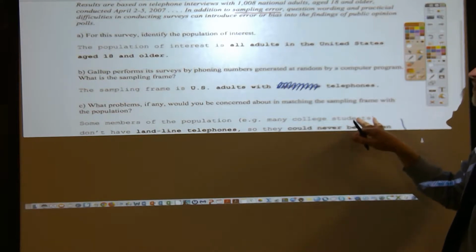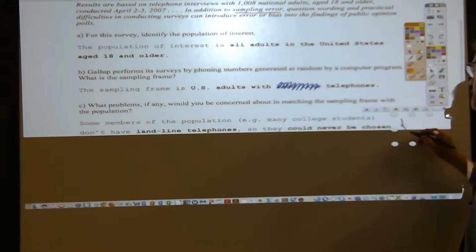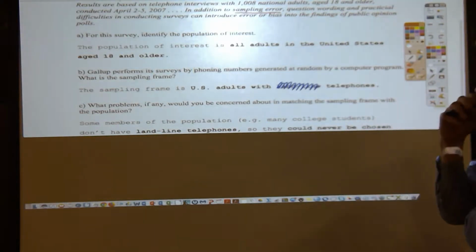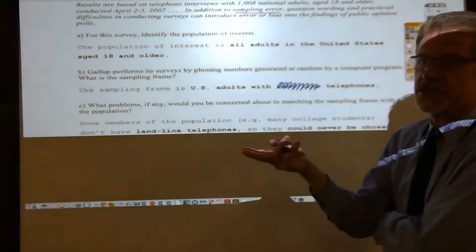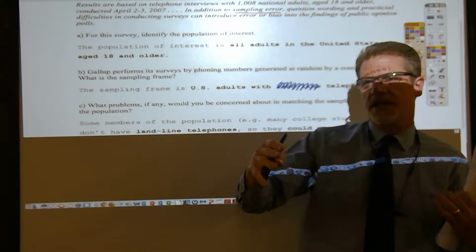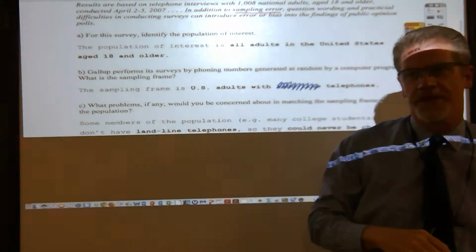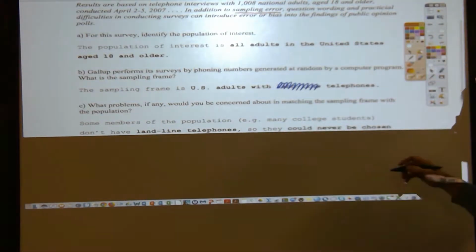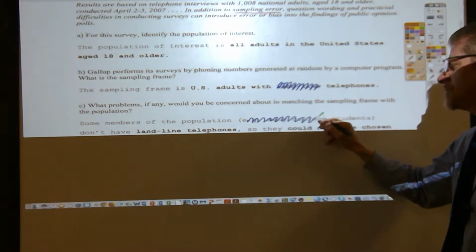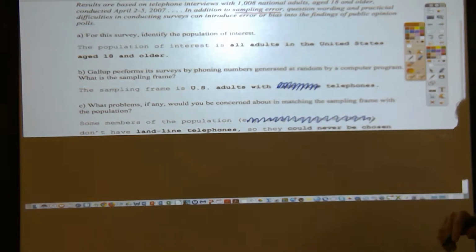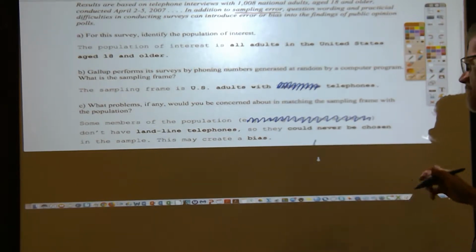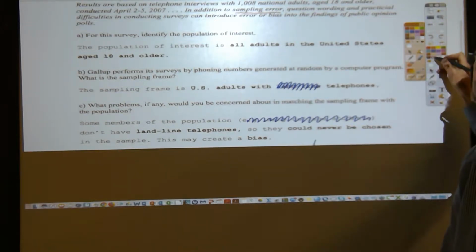this is from the 3rd edition of our textbook. Wow, things have changed a lot. Because in the 3rd edition of our textbook, this is the current edition. Actually, the 4th edition has come out, but we haven't updated to the 4th edition yet. Back in the 3rd edition, it was like, oh, I'm in college, I don't have a phone yet. So let's cross off, for example, now, guess what? College students have phones. That whole objection. So it's some members of the population,